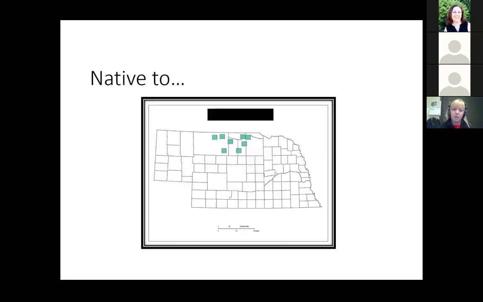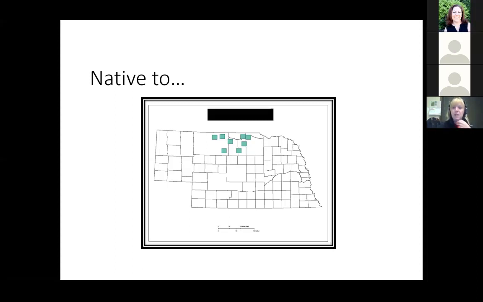And then if you go even farther down, say there's just one plant that's only been found in these five or six counties in Nebraska. So it's still technically native to Nebraska, but I think the people that are listening in the Panhandle will contest that their growing conditions are a lot different than those of us on the east side of the state and vice versa. And so something might be native to Nebraska, but it might only be native to the very southeastern side of the state or the far west. And so again, it might not necessarily be the best plant choice for you,